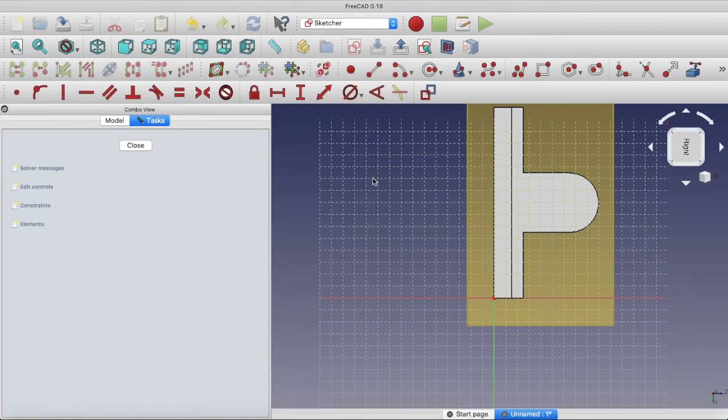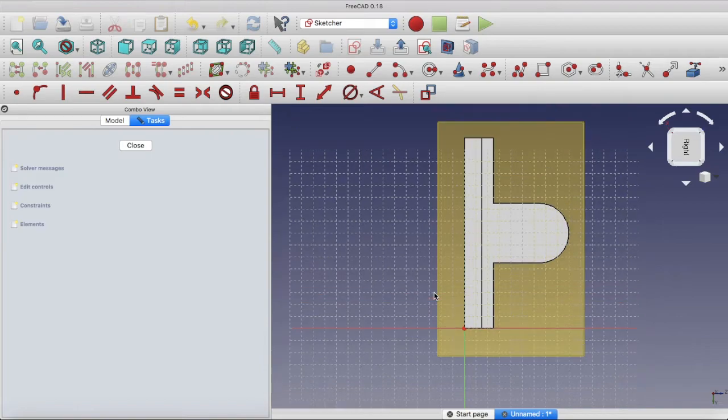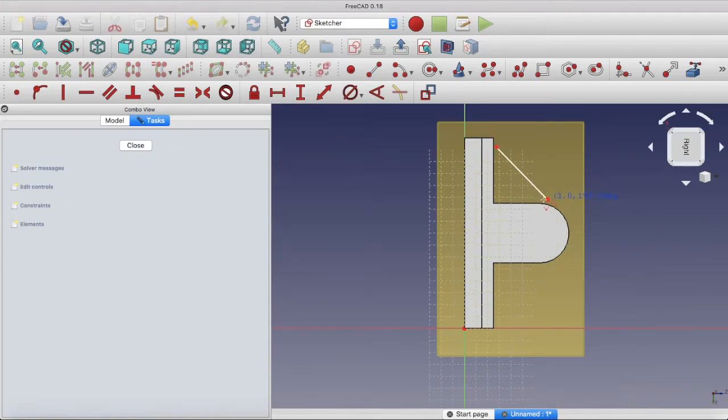So now we are ready with our plane and working area for making the sketch. We again select the polyline tool and draw the sketch for the triangle. Now we have to connect this line tangentially to this arc. For that,